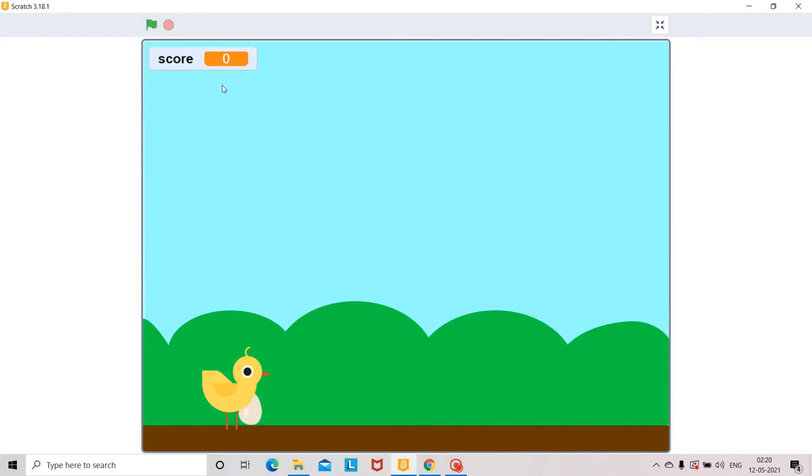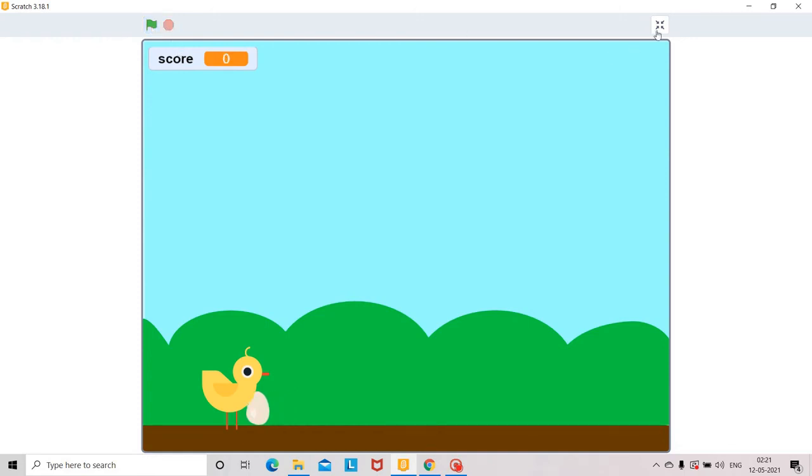Okay, after the score has reached 0, how can you resume the game? By simply clicking on the flag symbol. 1, 2, 3, 4, like that.